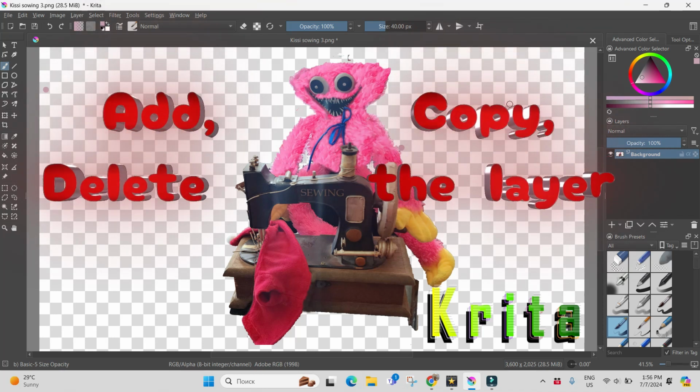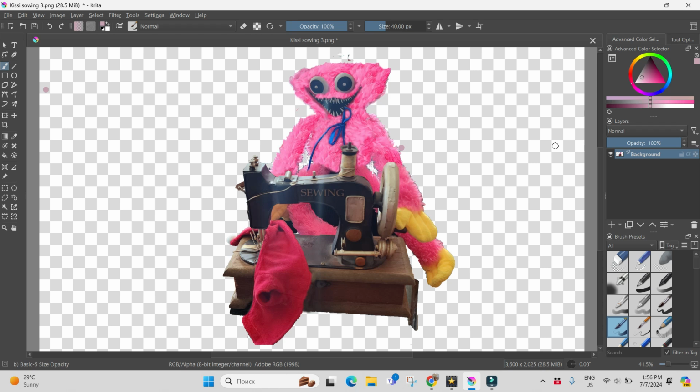Hi, I'm Dairy France. This is Krita, and let's see today how to add, copy or delete the layer in